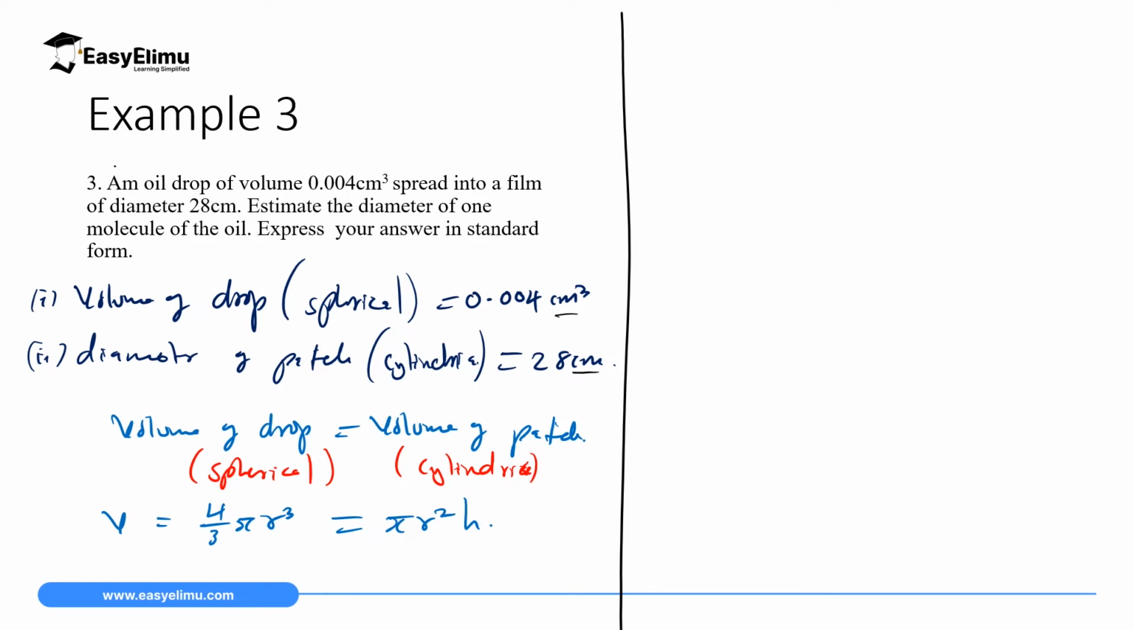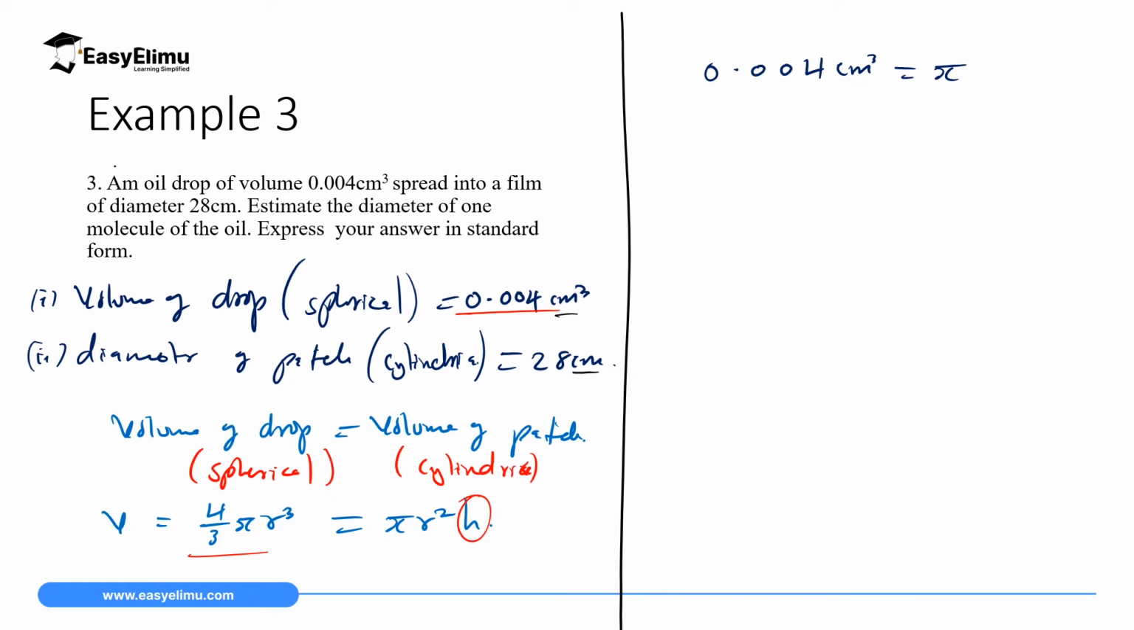In this case, h will represent the thickness of this molecule. But in this case, we don't have to use this formula for finding the volume of a sphere, because we are already given the volume of the sphere. Then we could just write volume of the sphere, which is 0.004 cubic centimeter, is equal to pi r